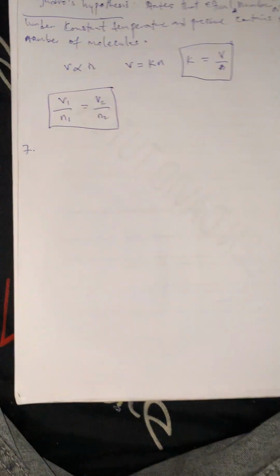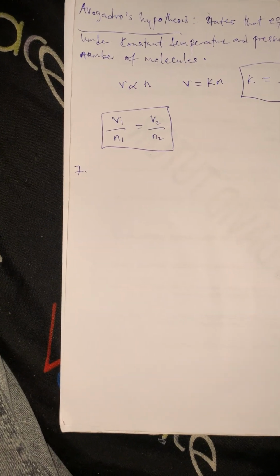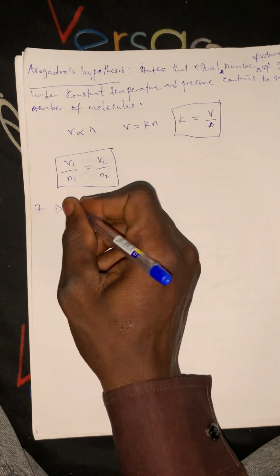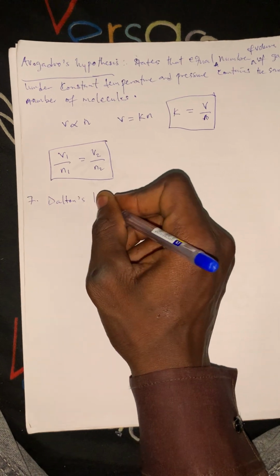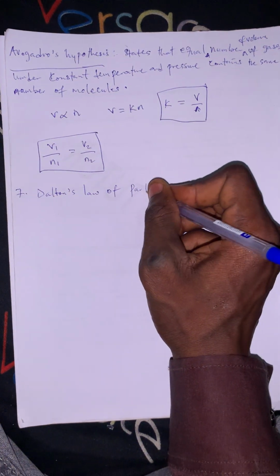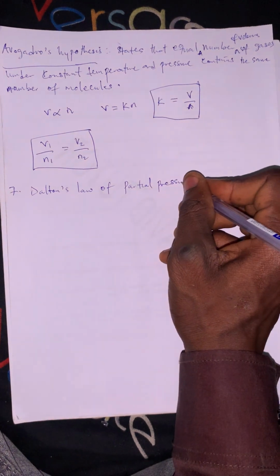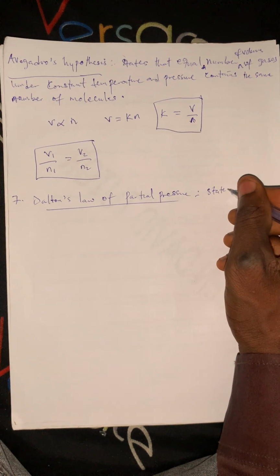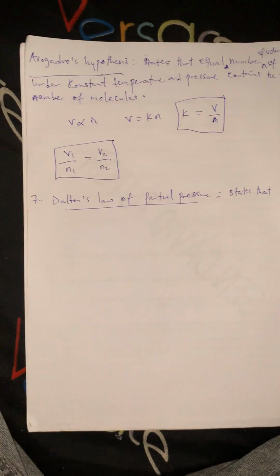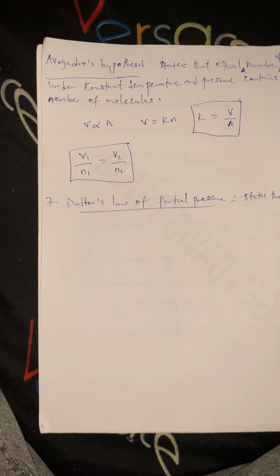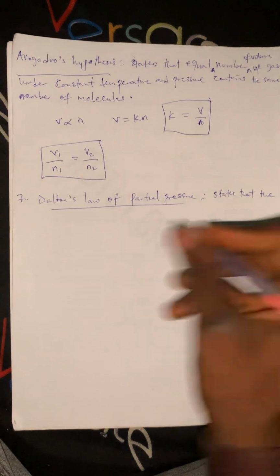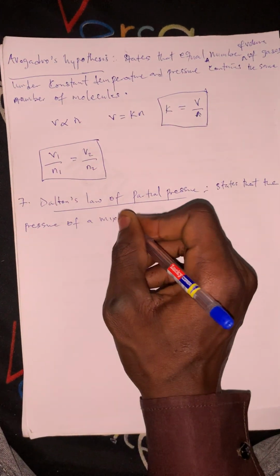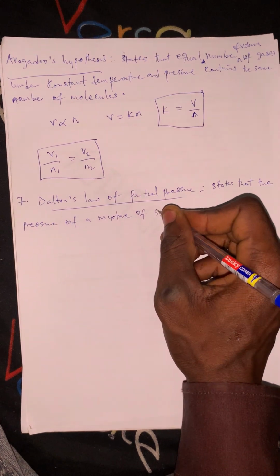Number 7. Let's talk about Dalton's law of partial pressure. Dalton's law of partial pressure states that the pressure of a mixture of gases